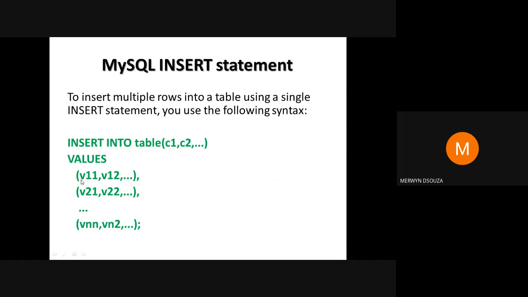The values for each row are specified on a separate line for you to clearly understand. So for example, these are the values of the first row, these are the values for the second row, and these are the values for the nth row. You separate the values for each row with a comma and you terminate the query with a semicolon.